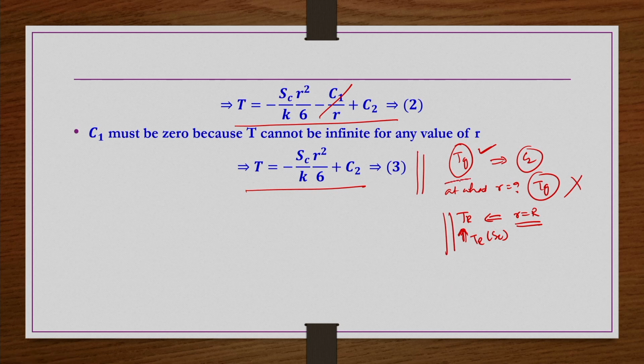Whereas for the other temperature, the reverse is true. Tg is known, but at what location that Tg exists, we do not know. What is the film thickness, we do not know. The film of gas stream that is surrounding the catalyst pellet, in which the heat loss is taking place because of convection, its thickness is not known. So, either of the boundary conditions we cannot use directly. So, what do we have to do? We have to do a few simplifications now, that we are going to do.